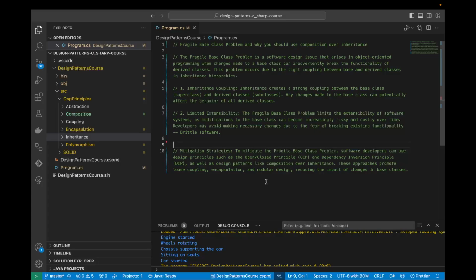So the fragile base class problem is a software design issue that arises in object-oriented programming when changes made to a base class can inadvertently break the functionality of derived classes. This problem occurs due to the tight coupling between base and derived classes in inheritance hierarchies. So let's now have a look at what are the issues caused by the fragile base class problem, and then